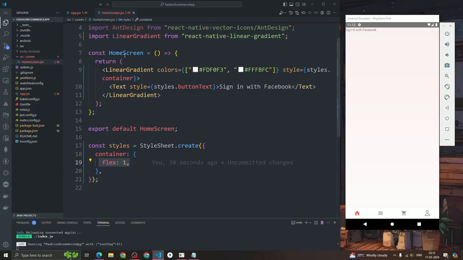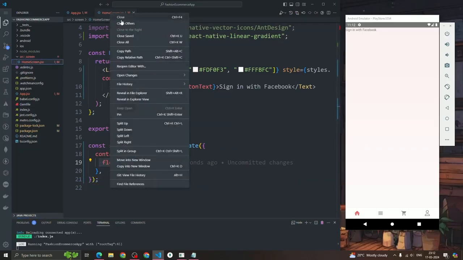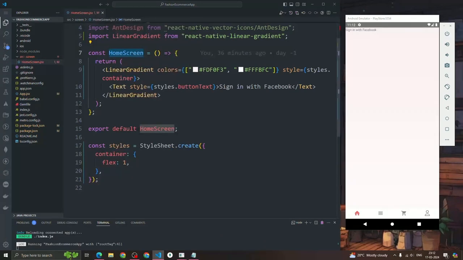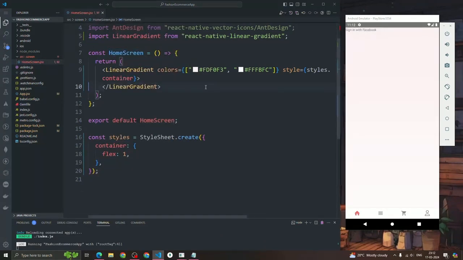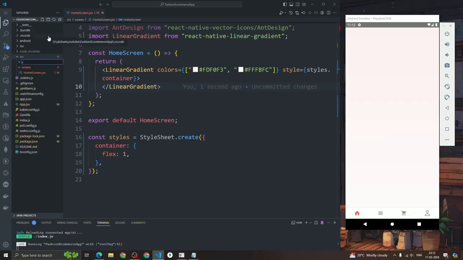Now you can see that we are at the home screen component. The home screen, and we are signing in with Facebook, so let me remove this. Inside the source directory, as you can see, we had created only the screens directory. Now inside the source, I'm going to create another directory, named